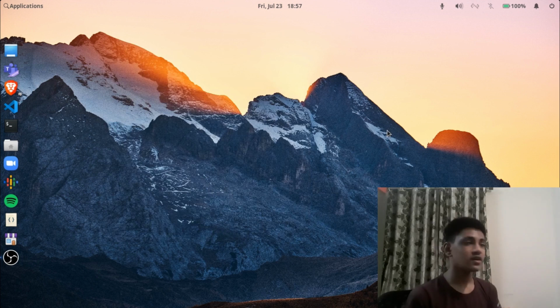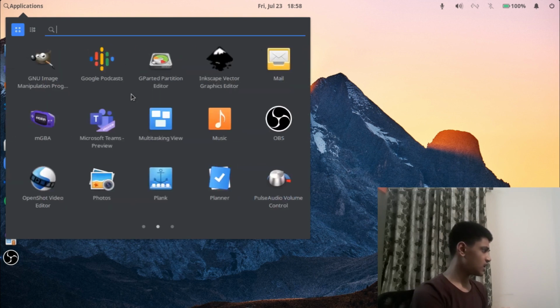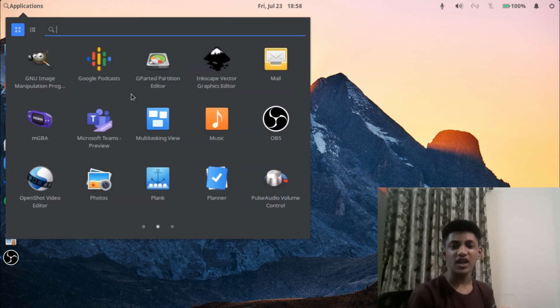Alright, now that I've covered the basic desktop setup, I'll talk about the apps that I have installed by default. Now, the default Elementary OS apps are surprisingly good, and I find them enough for most of my basic tasks, except for the music app, which I had no problem with until it started crashing again and again. The app itself is pretty fine, but I don't know if it's a problem with my system, or if it is a general problem with all Elementary OS users. The music app keeps crashing again and again.